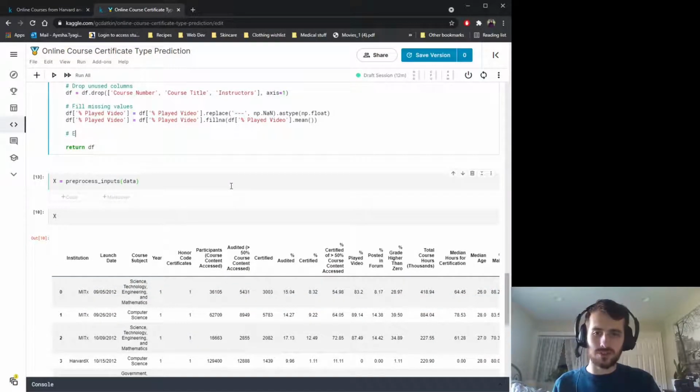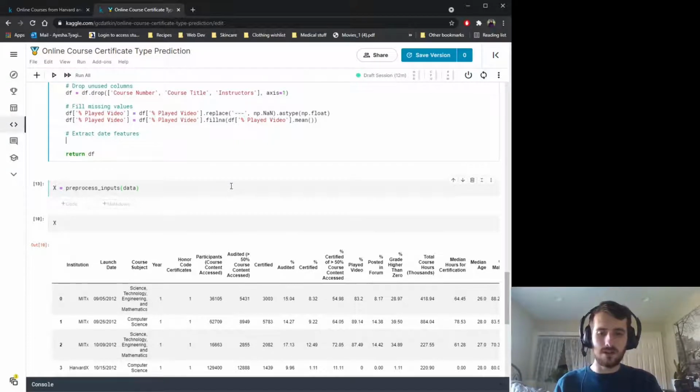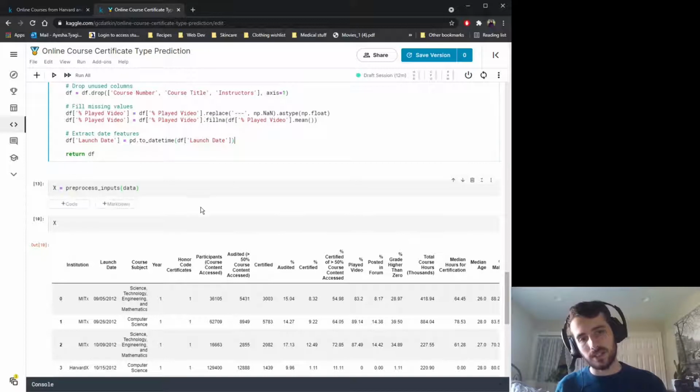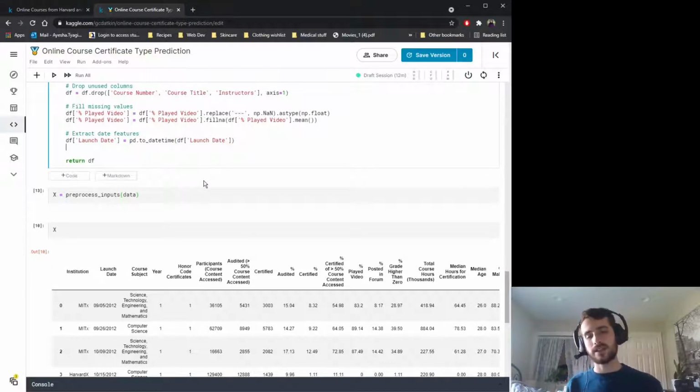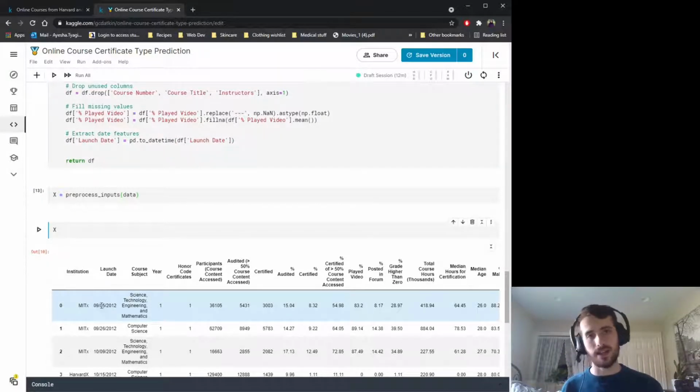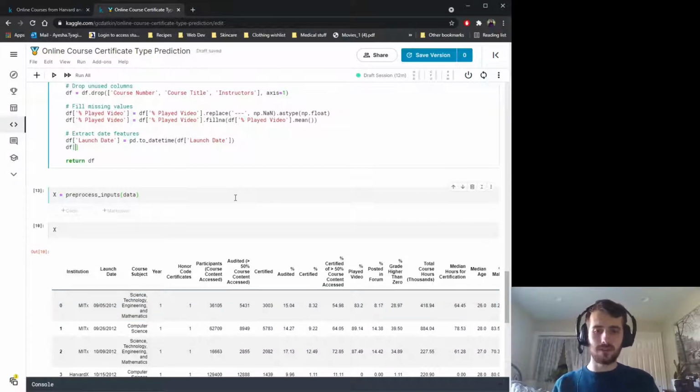So we're going to extract date features, and we'll take the launch date column, and we'll use pandas.to_datetime to convert the column into a datetime column. The advantage of using a datetime column is you can access the year, month, and day as attributes of each object in the column. So we can take the launch year, and that will be the launch date, but with